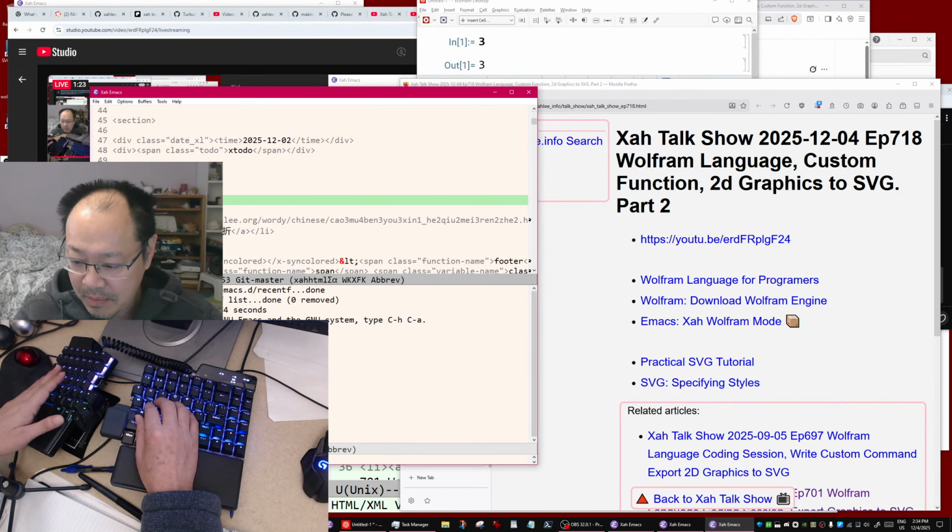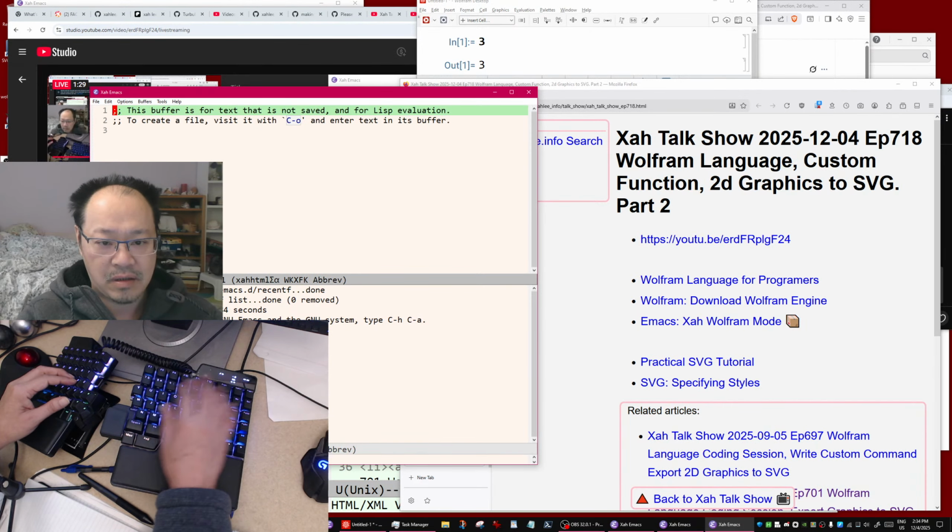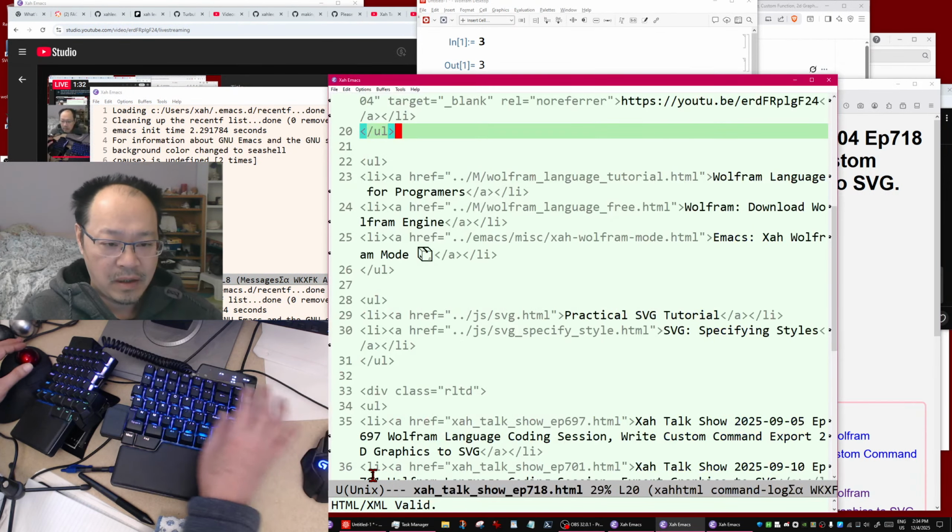Wait, so shift lock is on. I have sticky keys, undo, okay. Sticky keys, turn it off, okay. So now,